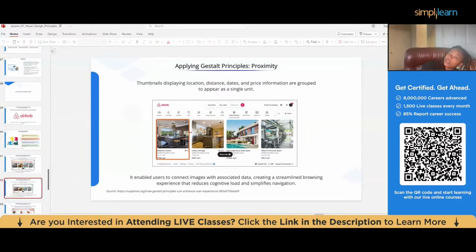As far as applying the principles to proximity, thumbnails displaying a location, distance, dates, and price information are grouped to appear as a single unit. It enabled users to connect images with associated data, creating a streamlined browsing experience that reduces cognitive load and simplifies